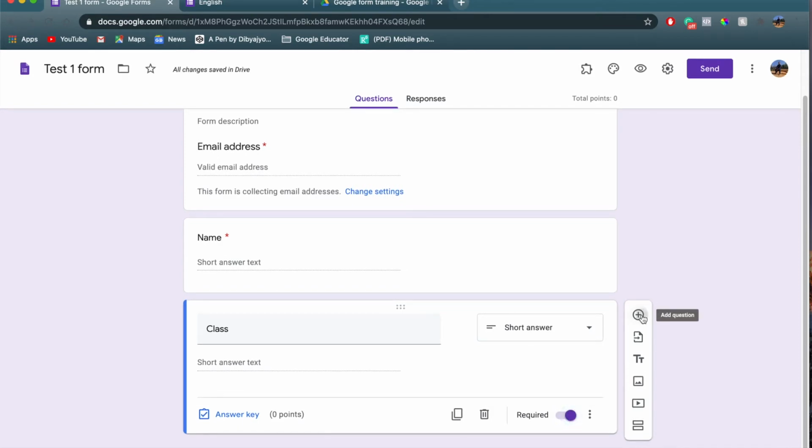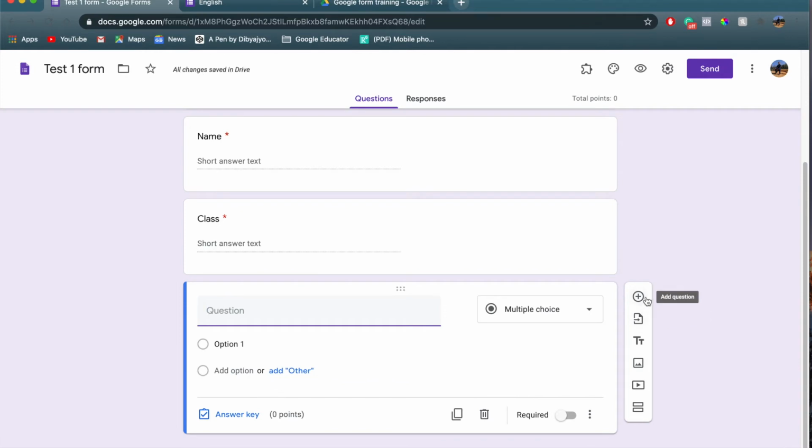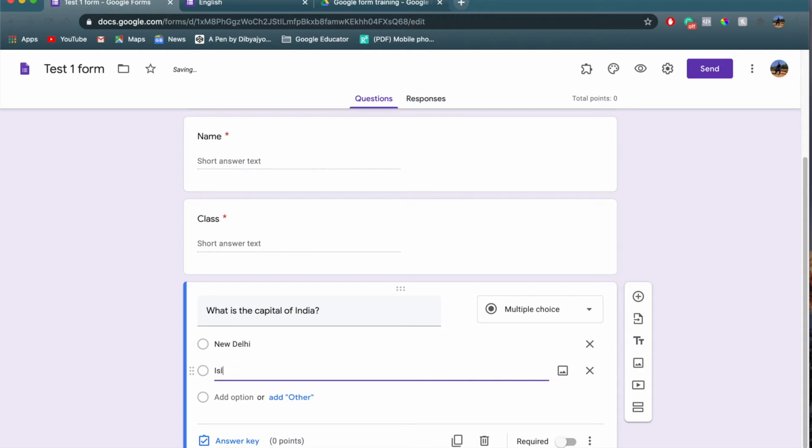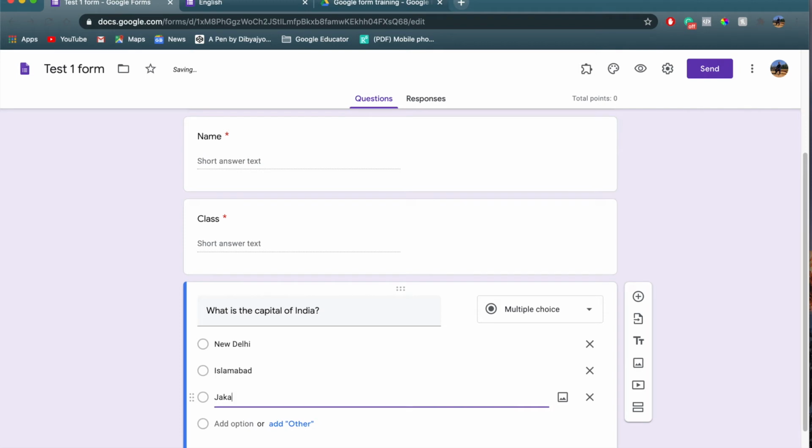Now let us add a multiple choice question. Add this multiple choice question. Here let us write a multiple choice question: What is the capital of India? So this is the multiple choice question now. Now let us give the different types of options. Supposing here, New Delhi, Islamabad, Jakarta,